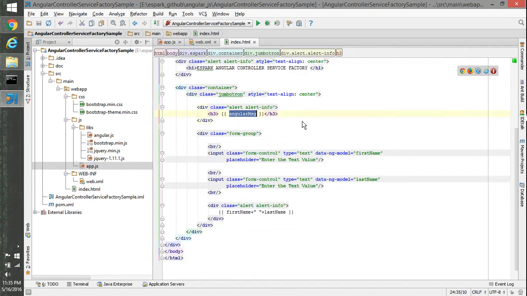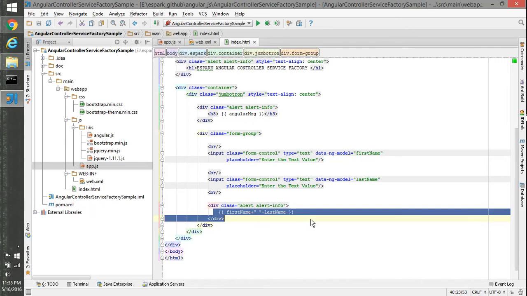Then this Angular message, whatever the message we are getting from the factory, in turn to the service and then to the controller, and then from controller to model object is assigned here and evaluated inside the expression. And then we have created two input text boxes which are binded to first name and last name model objects, and those model objects are concatenated inside the expression and evaluated here.